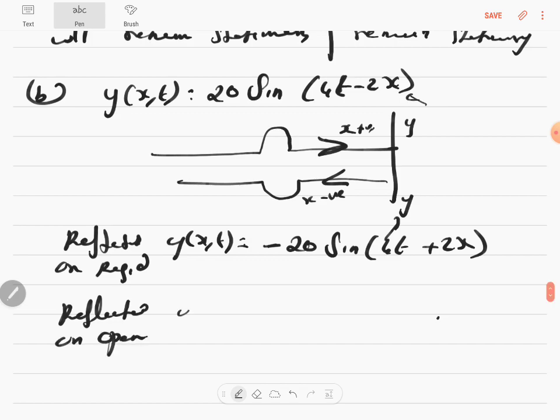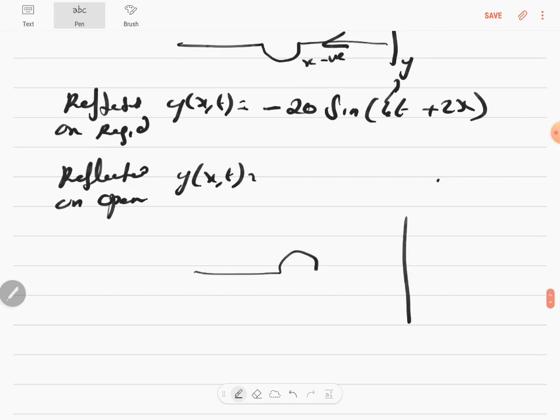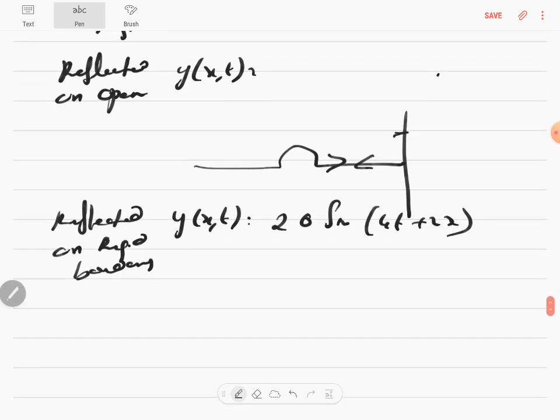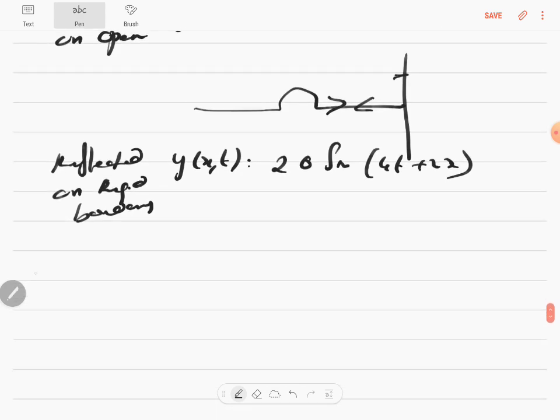For an open boundary, the crest will come back as a crest only, onward and return. So then y is always positive, only the x is going to change. So y of x,t will be 20 sine (4t plus 2x). There's no negative y. So this is the reflected wave on an open boundary. So that answers this question. So let's go to the next, C, and discuss the formation of